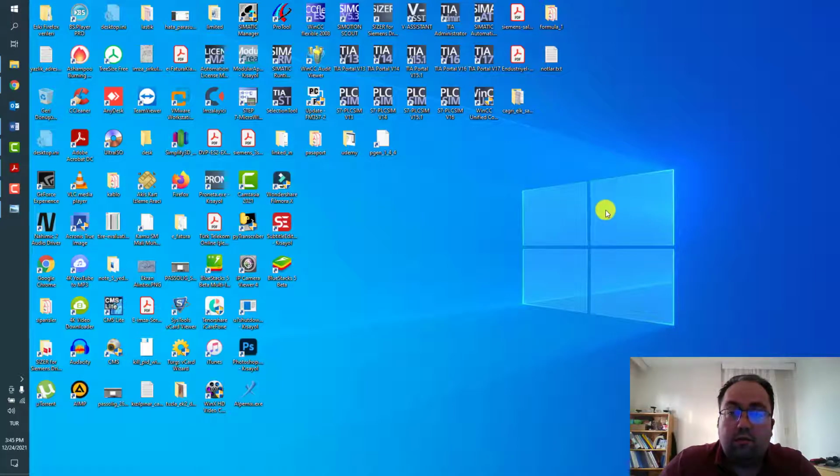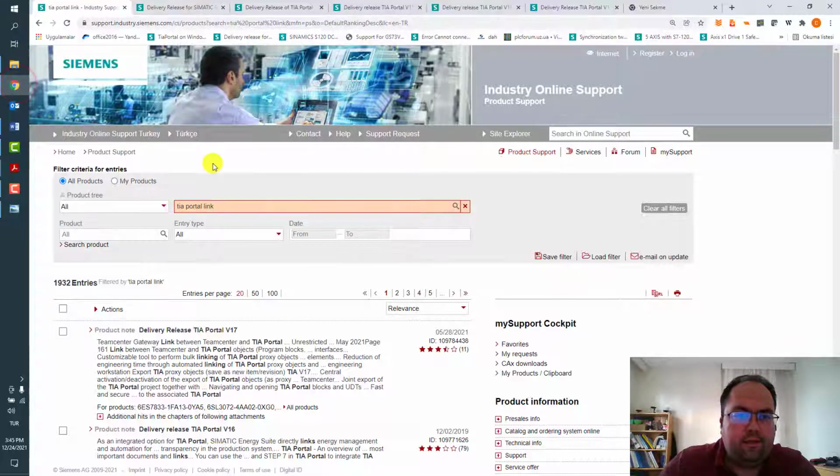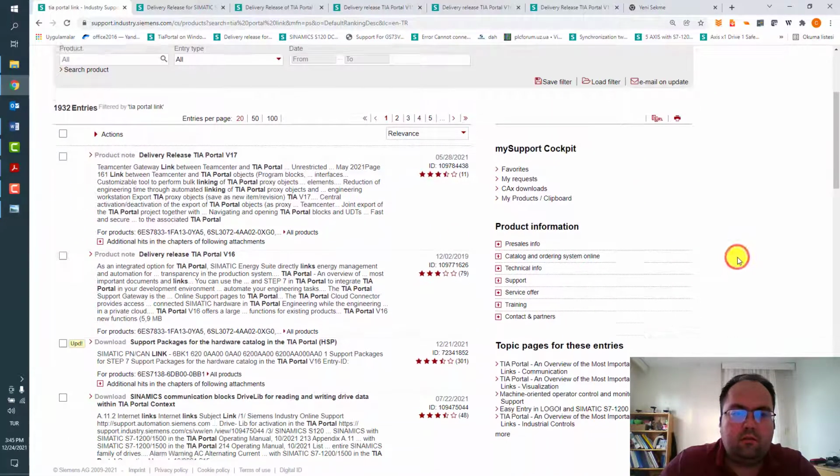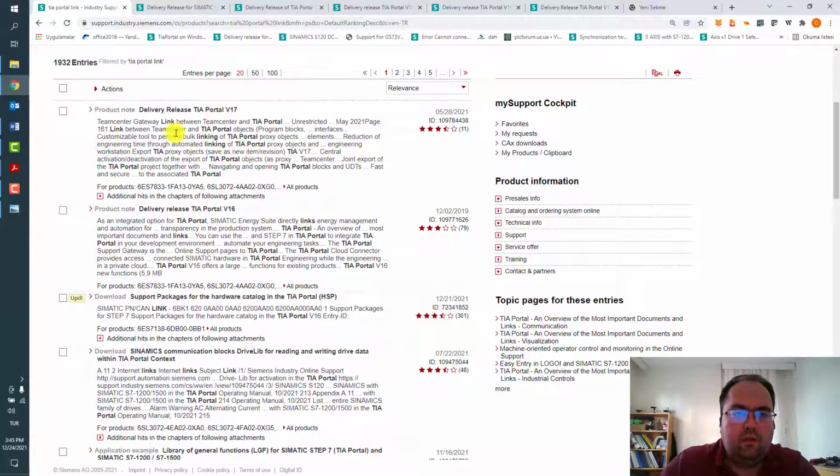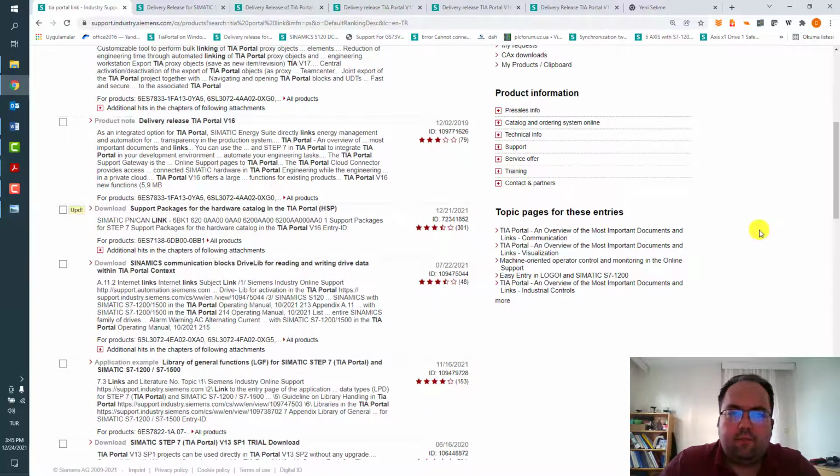On the other hand, from time to time there are additional features and innovations of TIA Portal, of course, and let's take a look together. On the Siemens Industry Support website, if you go to the search box and enter TIA Portal, you will get product notes related to the delivery release of the versions.